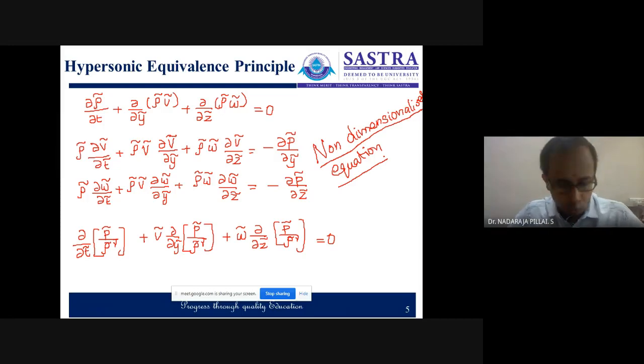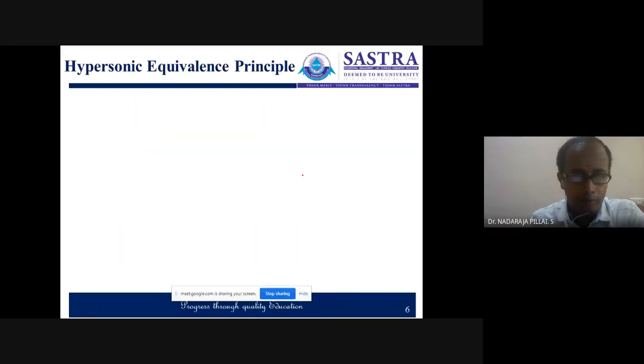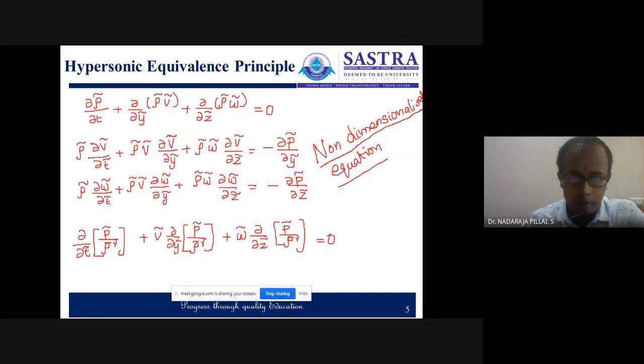Initially, we have a two-dimensional unsteady equation expressed in the y-z plane. Here we have a non-dimensionalized equation. So this is the first set of equations, and now when we non-dimensionalize, we have this equation. When comparing these two sets of equations, the symbols are slightly different, but